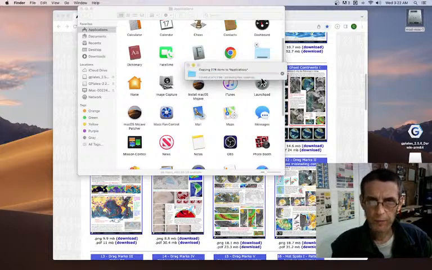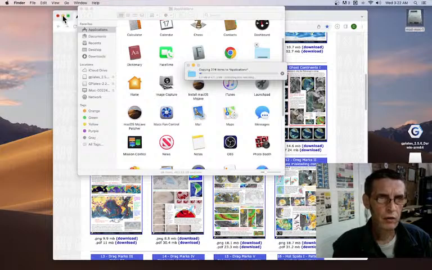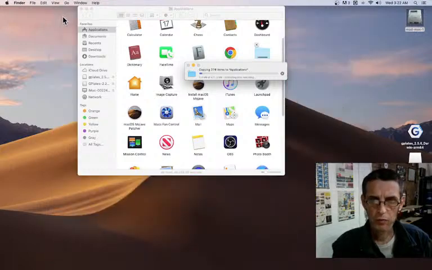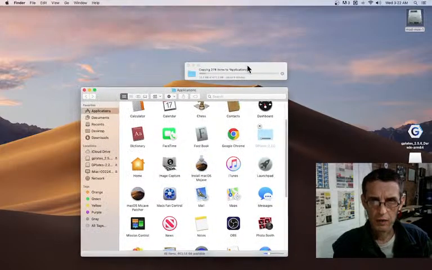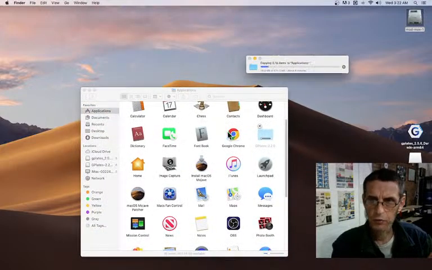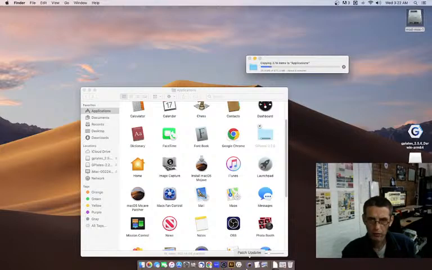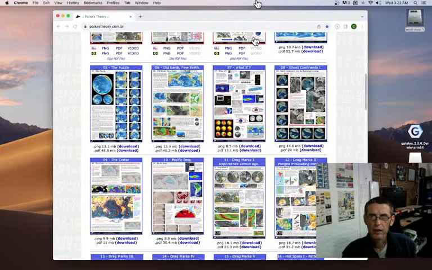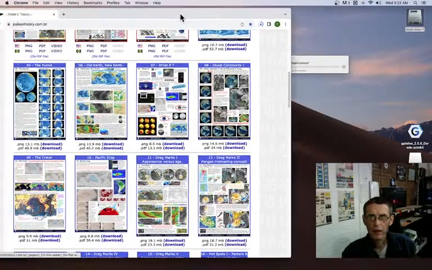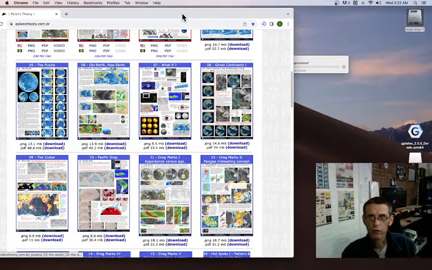Actually, we can close this one too. Okay. Copy into applications folder. So while that happens, after GPlates is up and running, we can also go to our